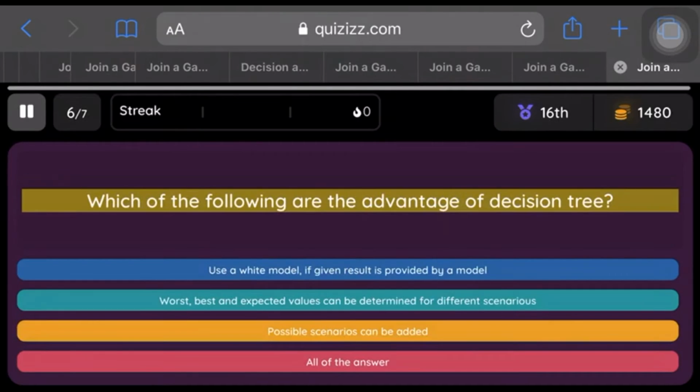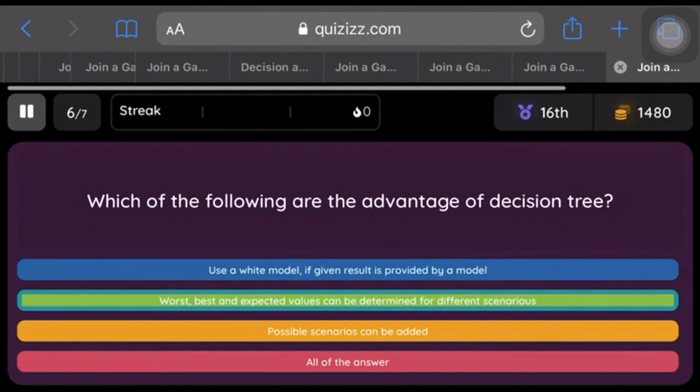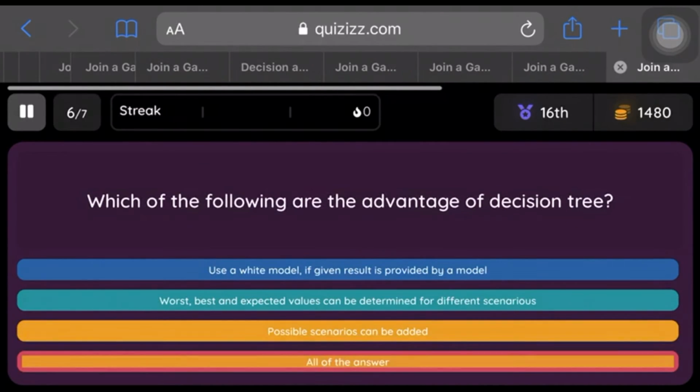Which of the following are the advantages of decision tree? Option 1. Use a white box model, if a given result is provided by a model. Option 2. Worst, best and expected values can be determined for different scenarios. Option 3. Possible scenarios can be added. Option 4. All of the answers.